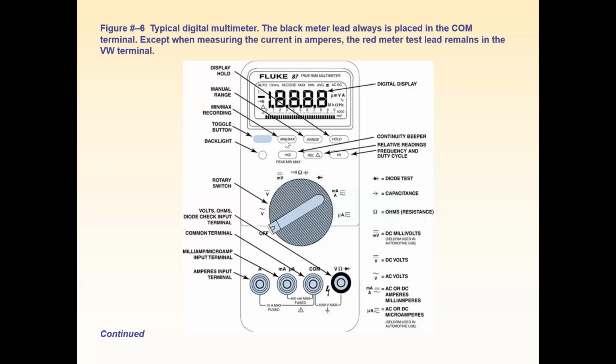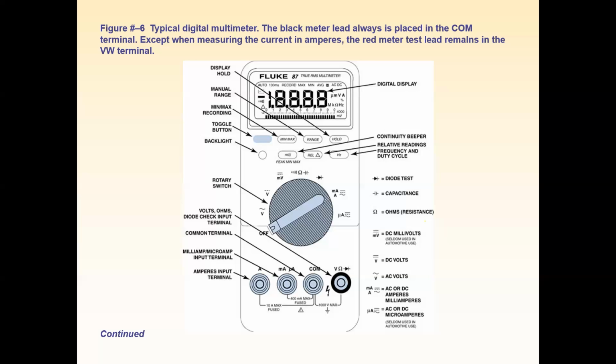Then this is minimum and maximum. This is a very important tool. Why? Because when we are measuring AC signals, the AC signal is in a sinusoidal form. It has one high peak and one low peak. So we have to see the highest point and the lowest point. Then we can determine the magnitude or amplitude of this AC signal. For this, we have to use this minimum and maximum button.